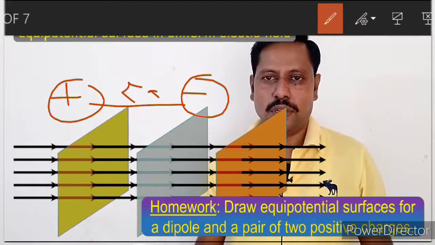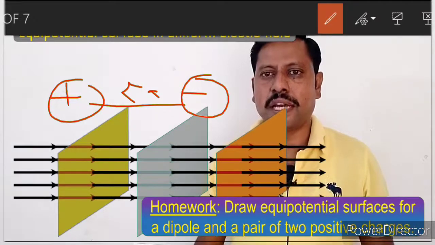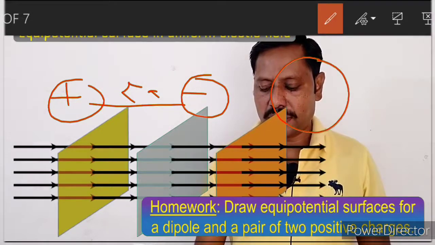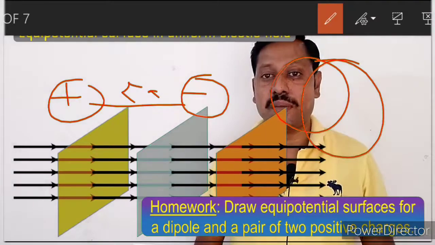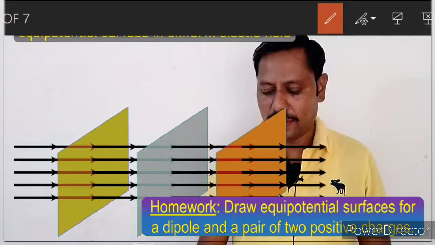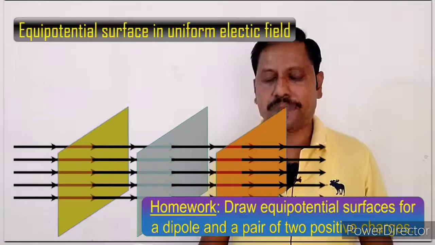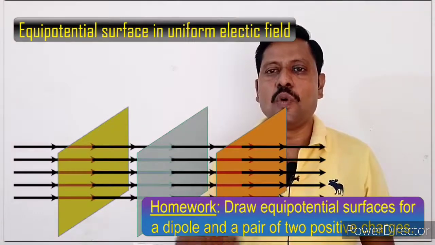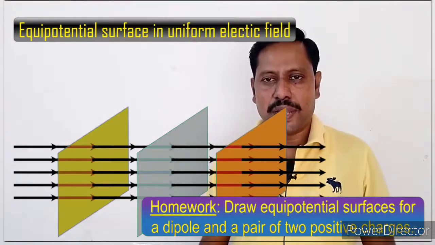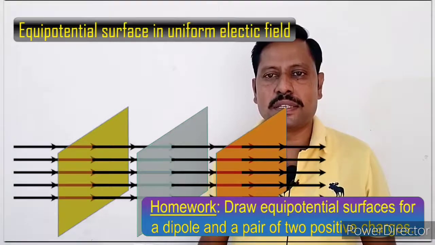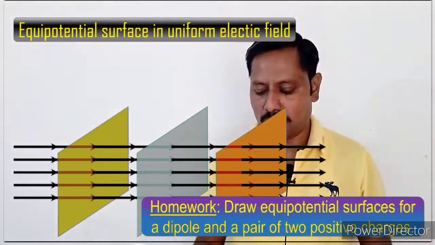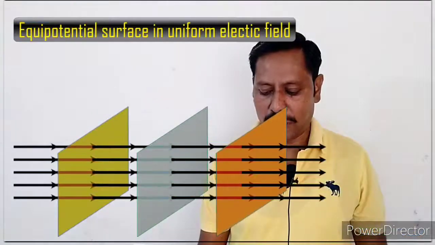that you will search from those books. Just like the electric field lines, we can make one more point here that is very clear: equipotential surfaces will not overlap. That simple clue you have to find out and keep in mind. Further, in a stronger electric field region there will be more concentric equipotential surfaces, whereas when the field is weak, the number of equipotential surfaces will reduce. That point you will also learn from that question. So it's a homework question for you, try to solve it.